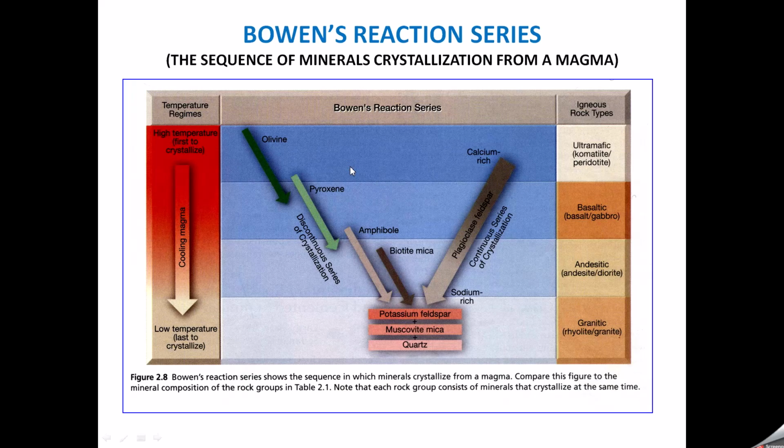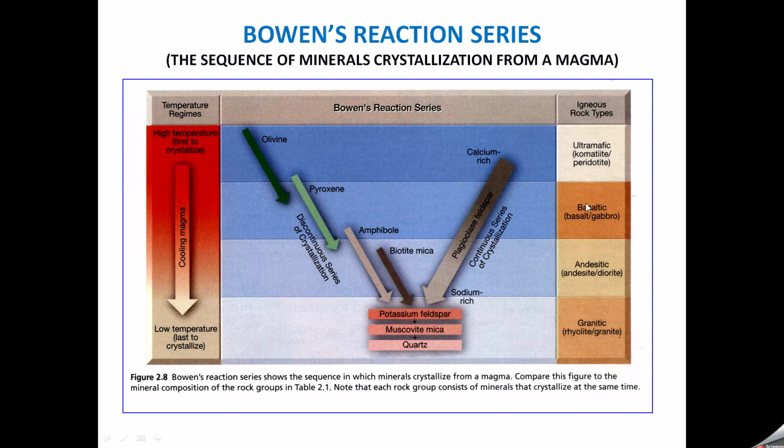Now Bowen's reaction series: the sequence of mineral crystallization from a magma. So let's read the figure. Temperature range: here is high temperature, the first minerals to crystallize. And here is low temperature, the last minerals to crystallize. Inside here we have minerals, and on this side we have rocks. Rocks here: ultramafic,